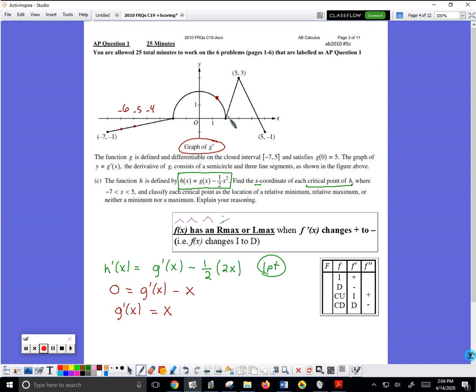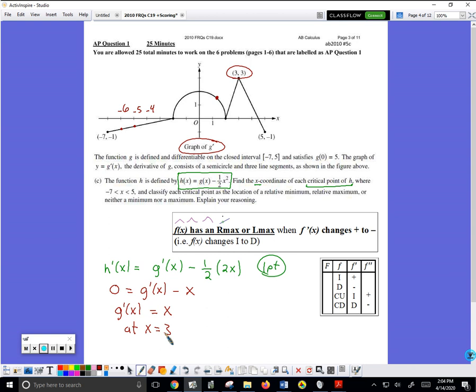So I go to here. Here's one. The value of x is 3. The value of g prime is also 3. So g prime is equal to x at x equal 3. That's one of those places. If I got that far,